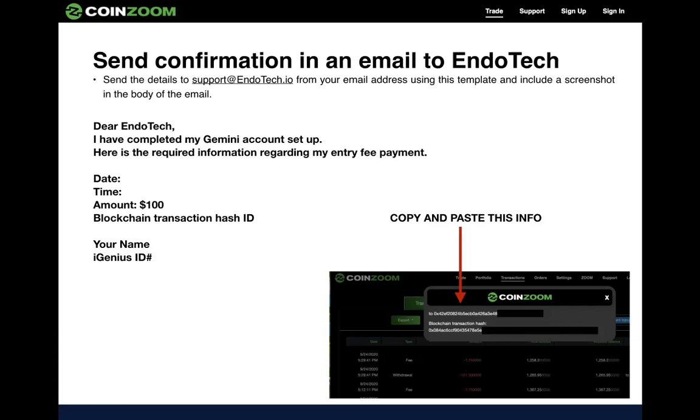Now I'm going to include that you have a signature at the bottom with your name, and that you just include your iGenius ID, because that lets them know that you can put elite member. They're like, okay, this guy's elite, he's in our team, sure. And they can verify that, they know. And sometimes they'll ask for a screenshot. So if they do, just add that in if they ask for it. It's like, okay, sure. Hey, it's all good. Are we clear? Now let me suggest that you take that email address, support@endotech.io, and you put that in your